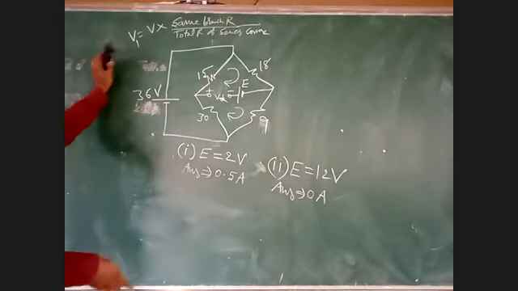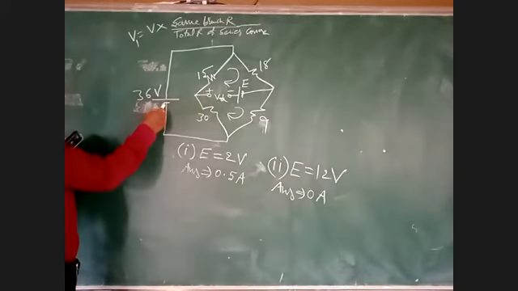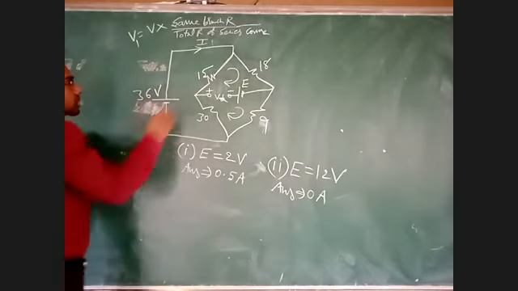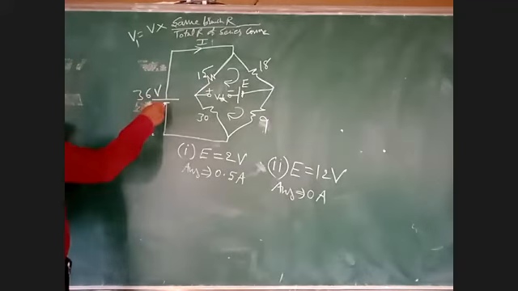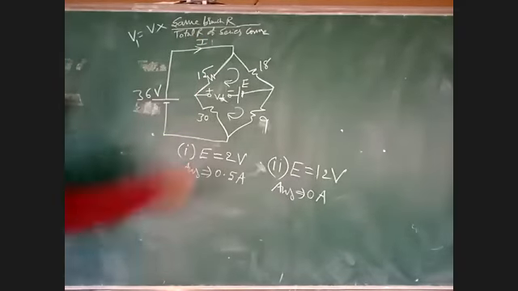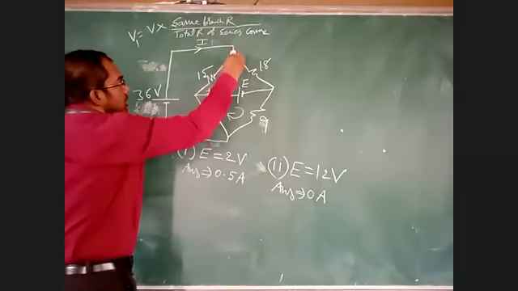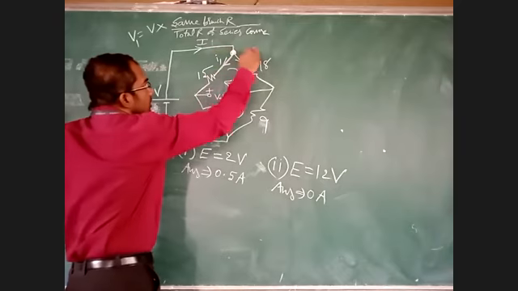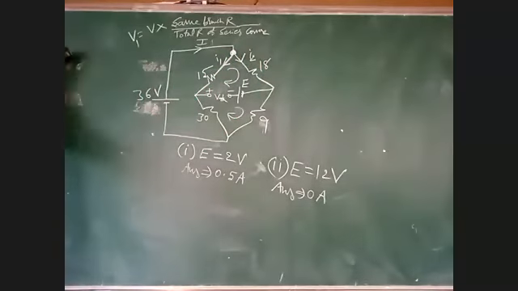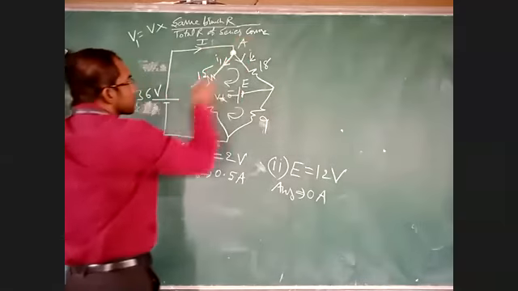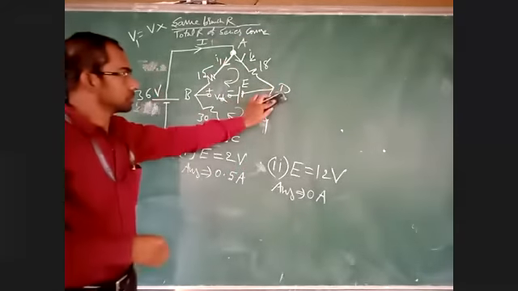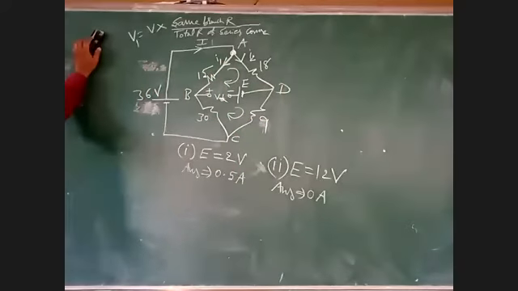Now see here, we have to determine VTH. Battery is here. From negative to positive, your current is flowing. This battery is delivering the total current. This current is coming at this node point, and it is dividing. Let us take this is I1, this is I2. Let us take this is point A, this is B, this is C, and this is D. At point A, current is dividing as I1 and I2.